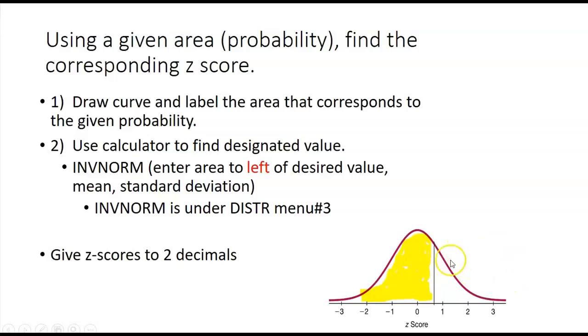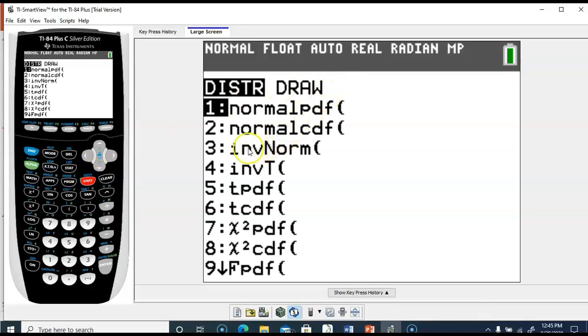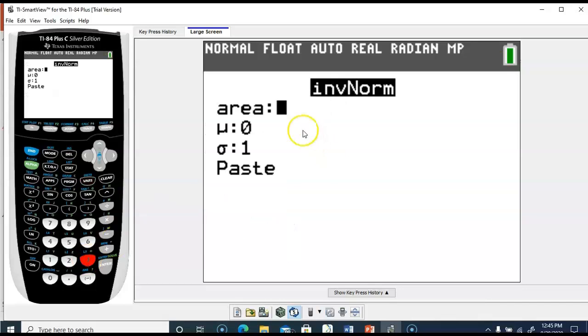So we're going to be using the function inverse norm to do these type problems. So here on your calculator, to get to the inverse norm, you're going to go to second and vars. It's going to be number 3. Okay, there's a couple things. If it's asking for the area, then it's asking for the area to the left. So let's say the area to the left is 0.75, and then we put in the mean and the standard deviation